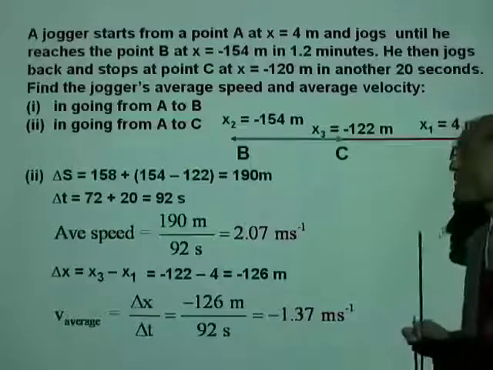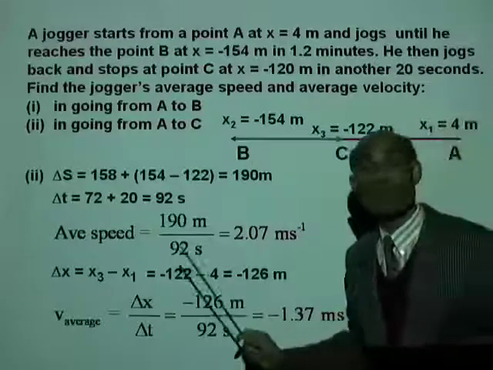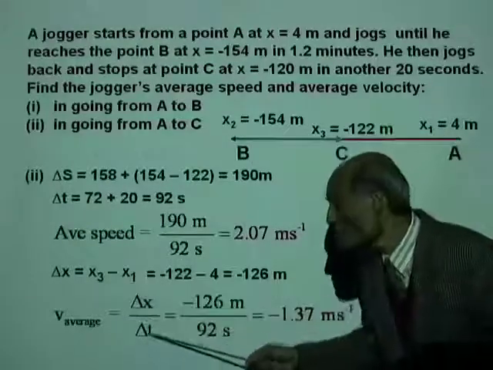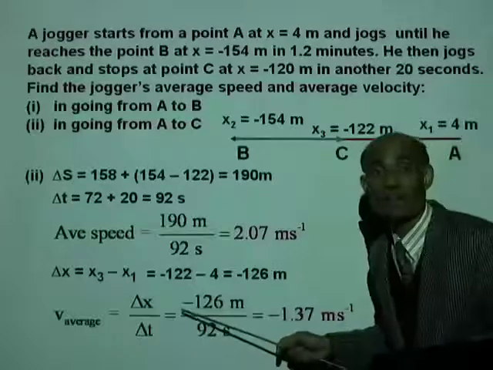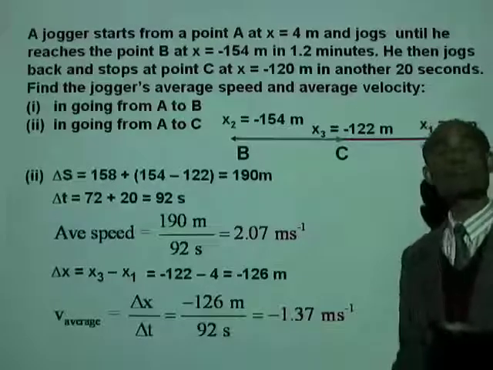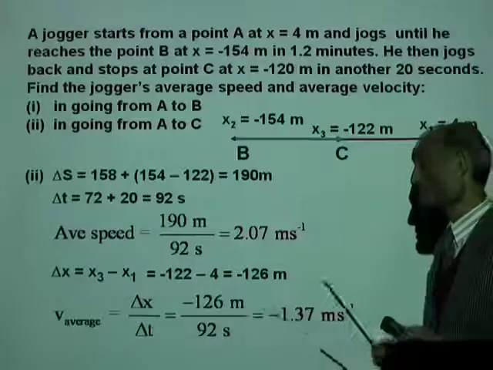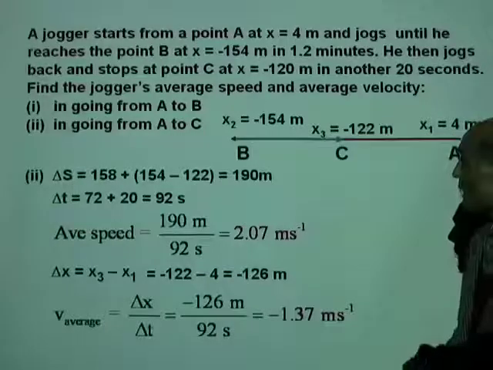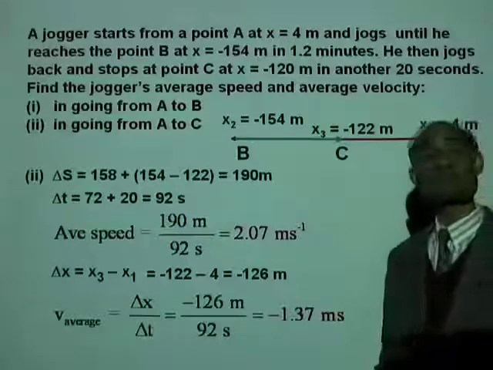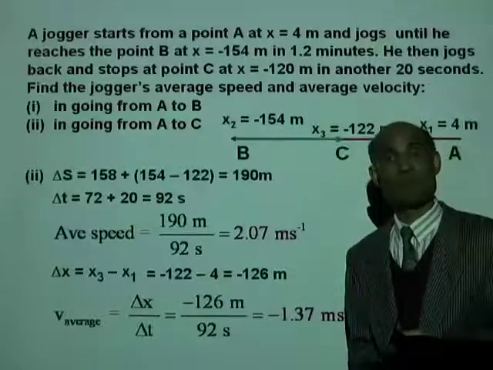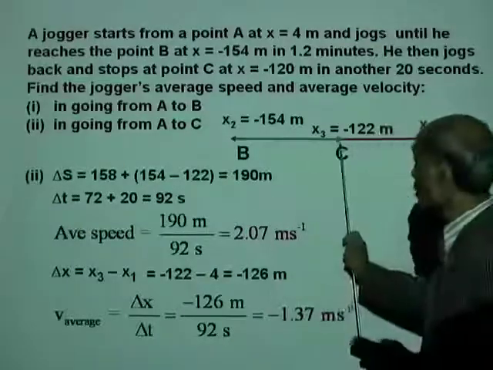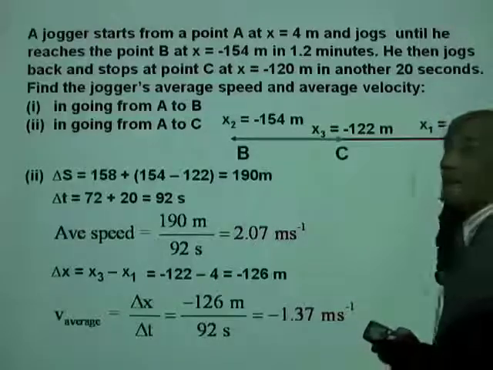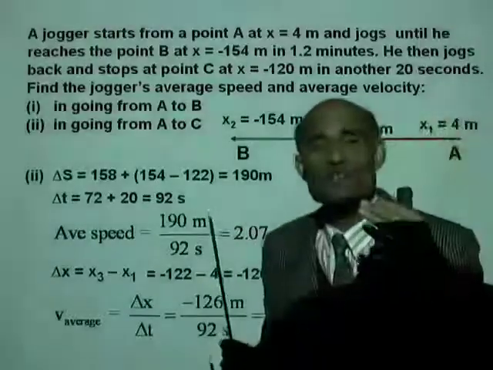What is the average velocity? Average velocity is the rate at which the displacement occurred. That is negative 126 meter divided by 92 seconds. That is negative 1.37 meter per second. Now tell me, when the jogger reaches back to A, what will be his displacement at